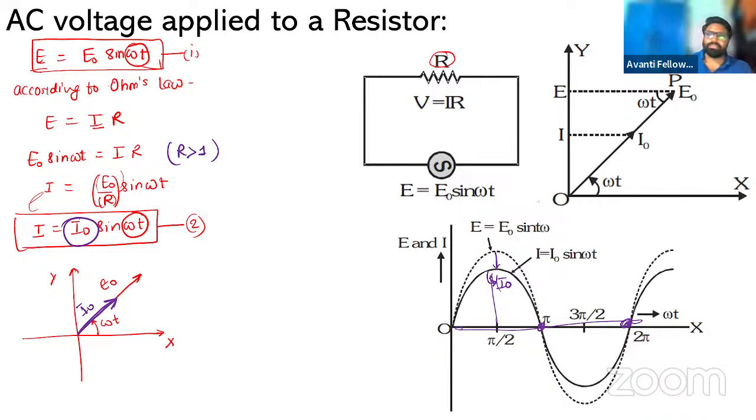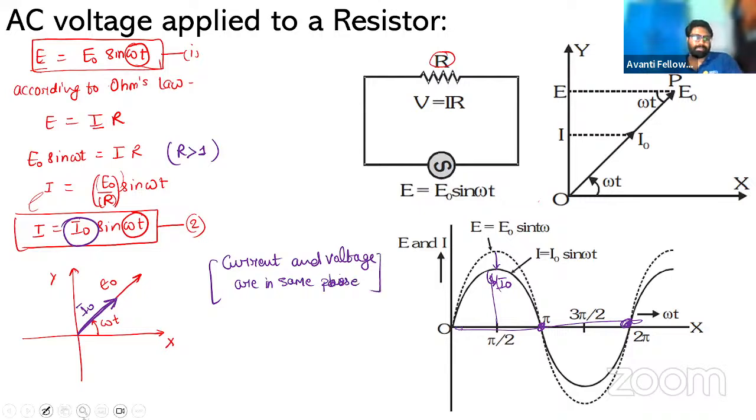So this type of variation you can show for the resistor. So we can say that current and voltage are in same phase. Clear? अब देखो इसके लिए हमें पावर, we want to calculate power